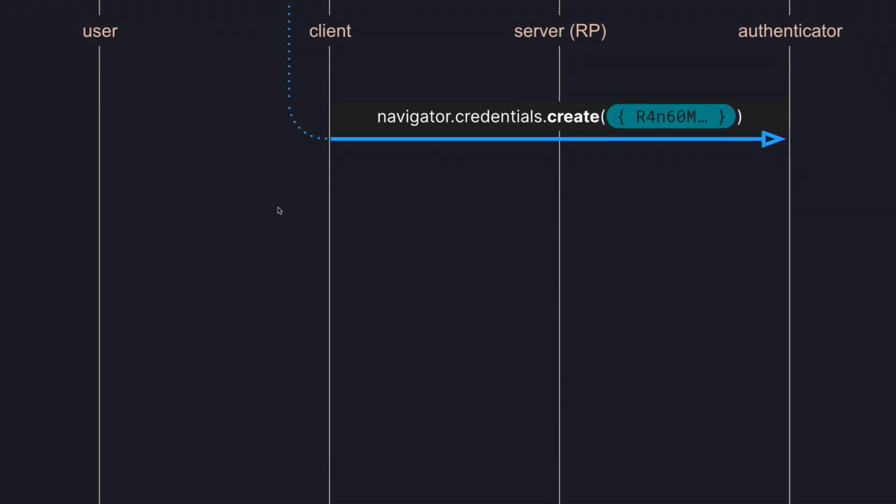And now the client is going to call the WebAuthn API. This is the thing in the browser, so it has access to this already. It's not on a server. It doesn't need to go anywhere. It's going to use this function called credentials.create. This function passes the challenge to an acceptable authenticator on the platform that it's running in. So this can be any cryptographic capability on the device. It could be Face ID, a fingerprint scanner, a YubiKey, it could live in your TPM or whatever the equivalent is for Android. And after that,